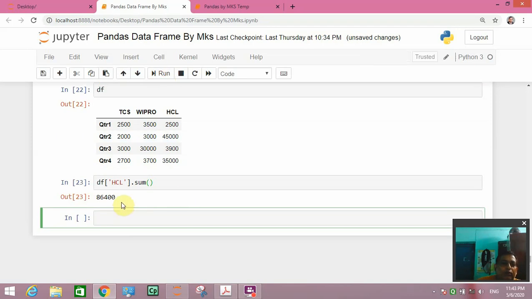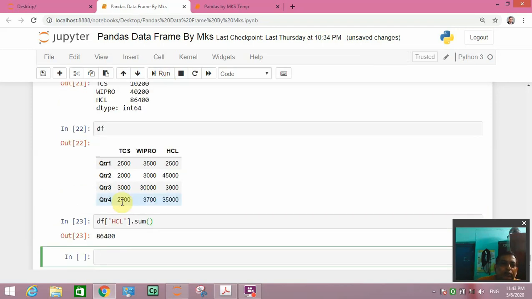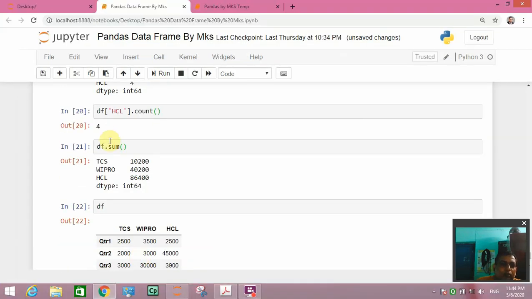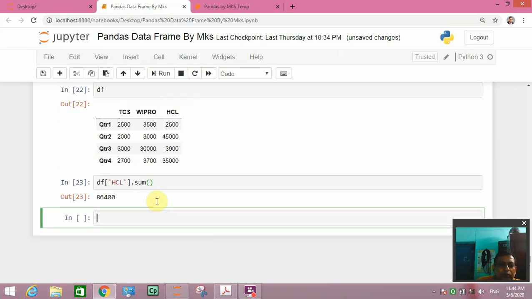So it is giving the same result as it was there. It is 86,400. Here also it has come 86,400. So here we have taken the sum of a particular column only, but in the previous command we have seen the sum of all the columns.